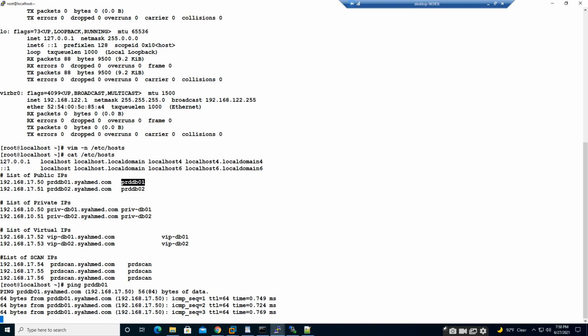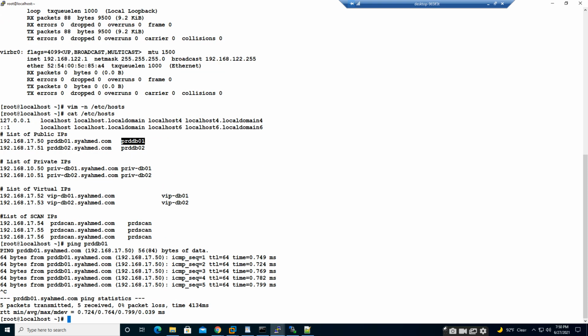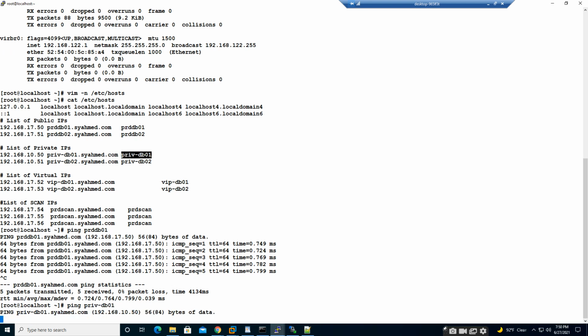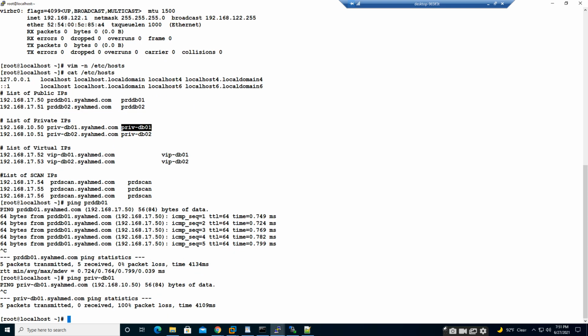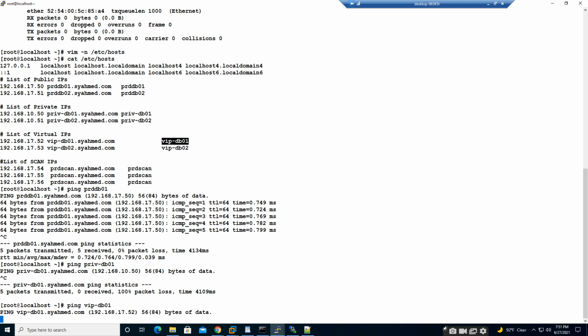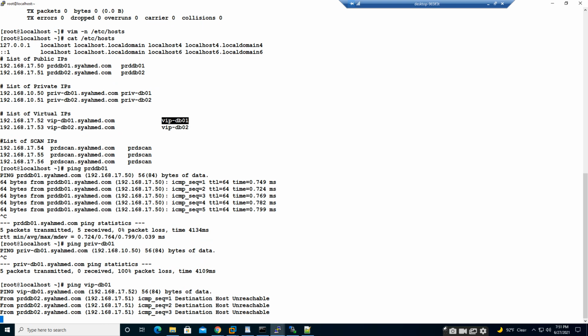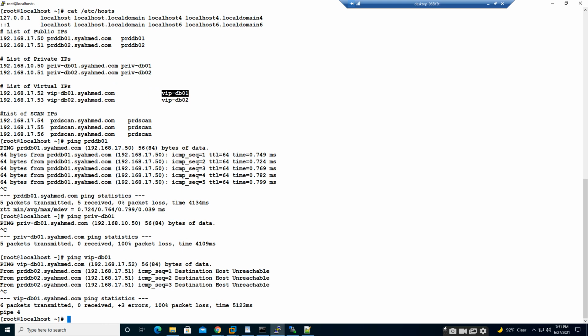It will be able to ping with the host names. Likewise, it should be able to ping with this. It's a private IP, so it should not. And the virtual IP, I think it should fail for the virtual IP as well, because it is virtual. Right, that configuration is done.